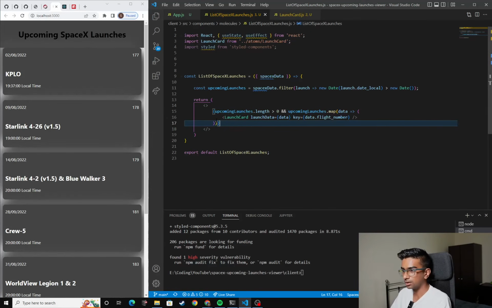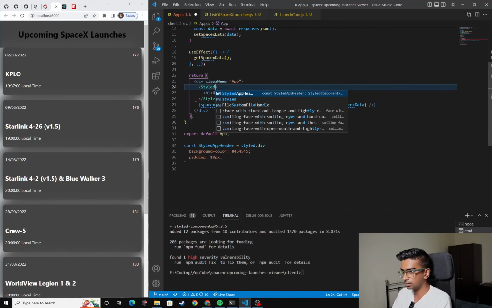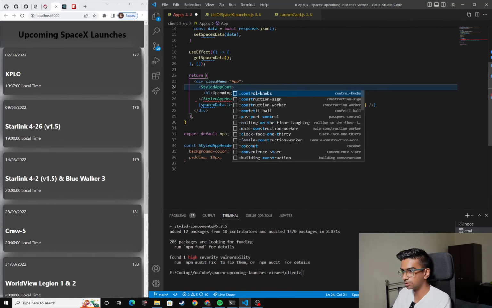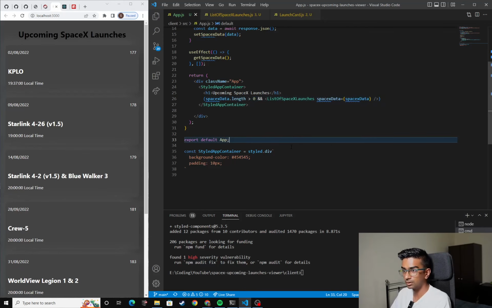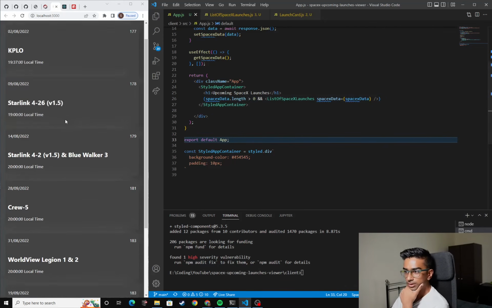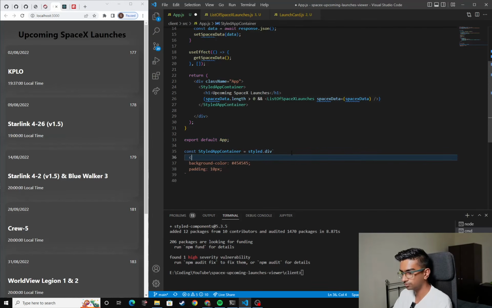There we go. Okay, and if I go into app, styled header, I can just change this to styled app container. Change this here, change this here. I can put this inside as well. And there we go. So that's basically what I have now. I don't know if that looks okay or not. It's a bit weird. If I just do color